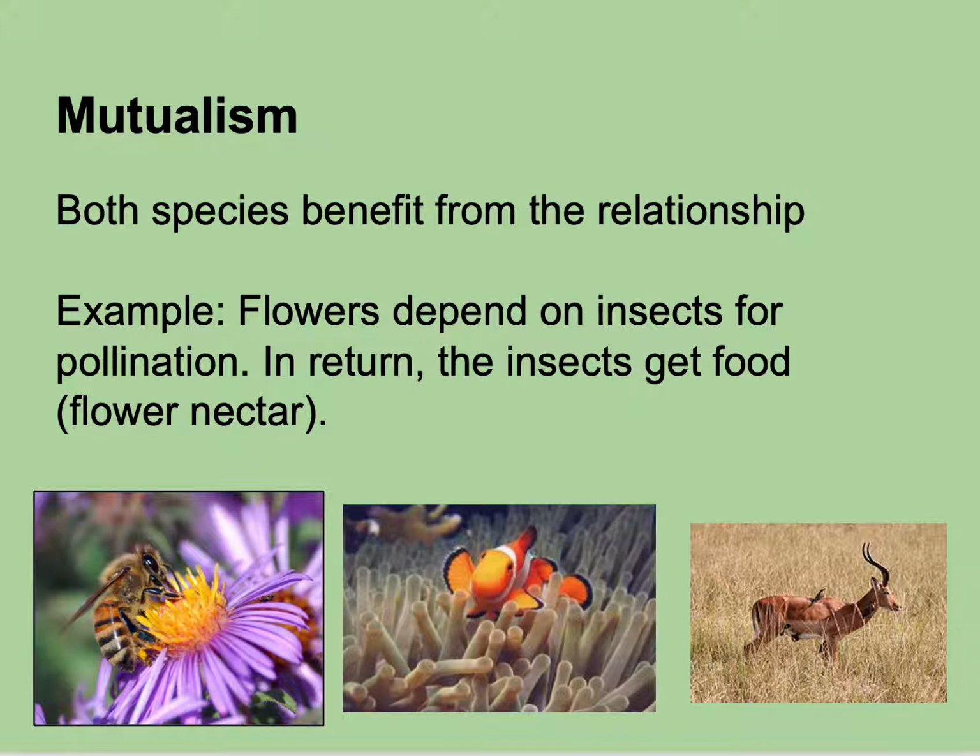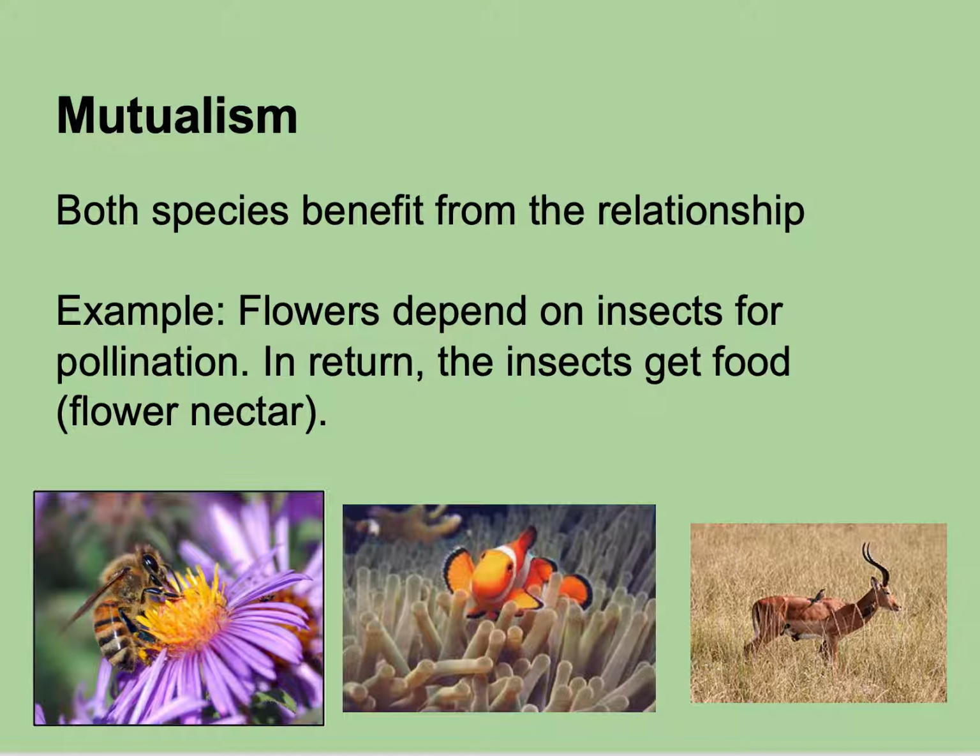So when a bee lands on a flower, it kind of just jumps all over the flower, gets covered in pollen, then goes to the next flower, and when it's jumping all over that flower, it's dropping off the pollen from the previous flower. So as the bee is buzzing around in between the different flowers, it's passing around the pollen.